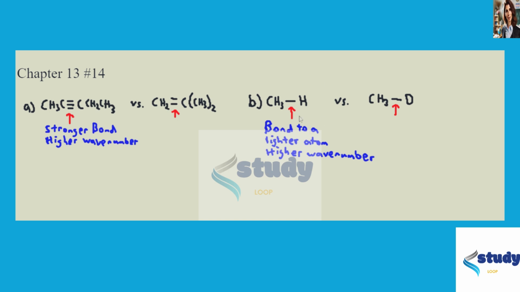a higher wave number. And so the CH bond is going to be a more energetic bond than the CD bond that we're also being asked to consider. Remember, the difference between a deuterium atom and a hydrogen atom is that deuterium has a neutron